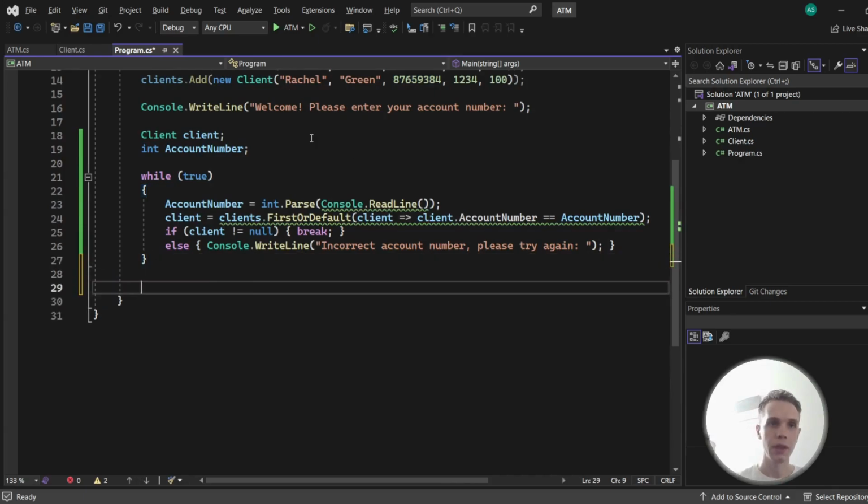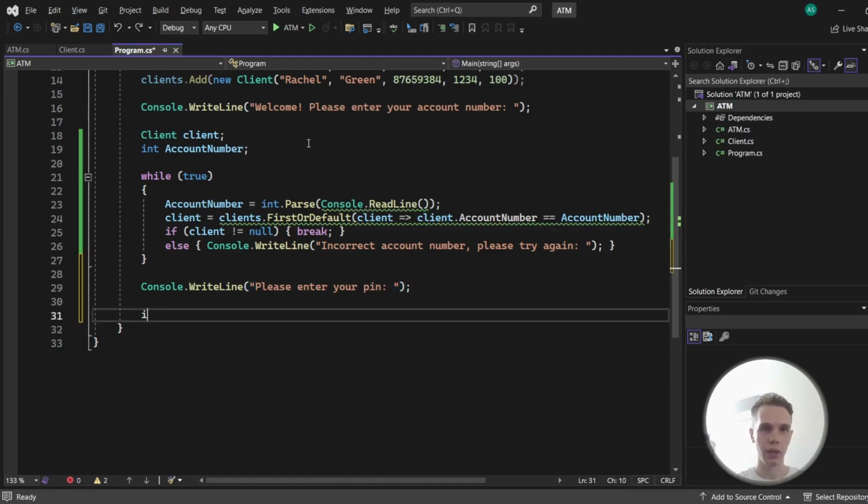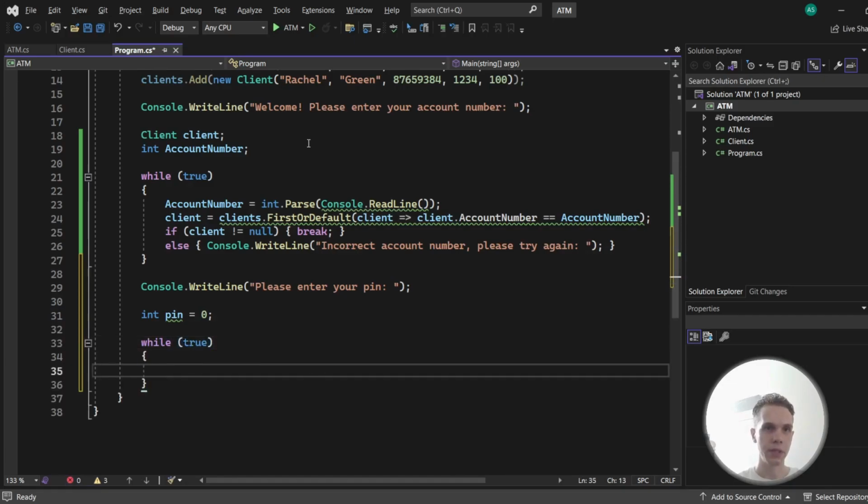Okay, good. Now, after our client entered the correct account number, we're going to prompt them for PIN. And it's going to be pretty much the same logic. So let's say Console.WriteLine, please enter your PIN. Once again, we're going to initialize a variable for a pin, and we already have our client. So here we're just going to run a very similar loop. So pin, oops, something went wrong here. Pin int.Parse. We're going to read user input,